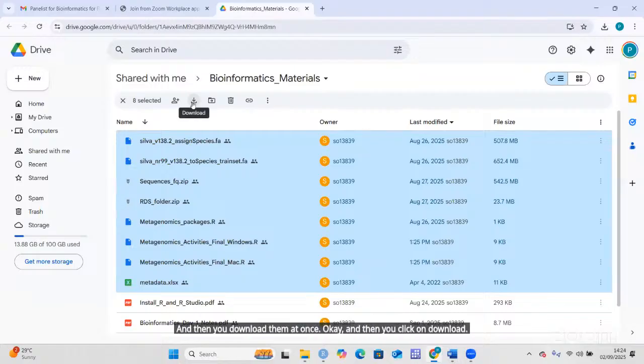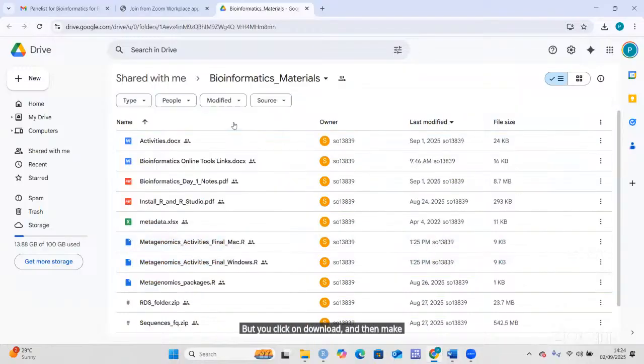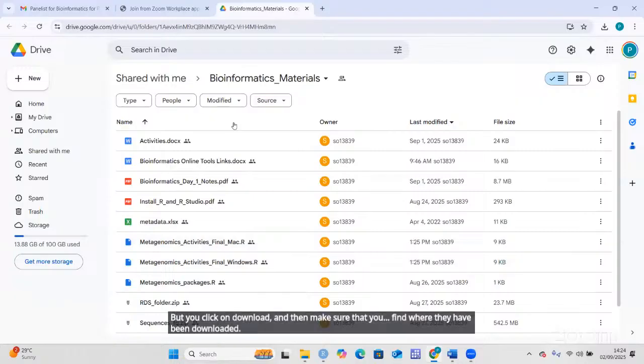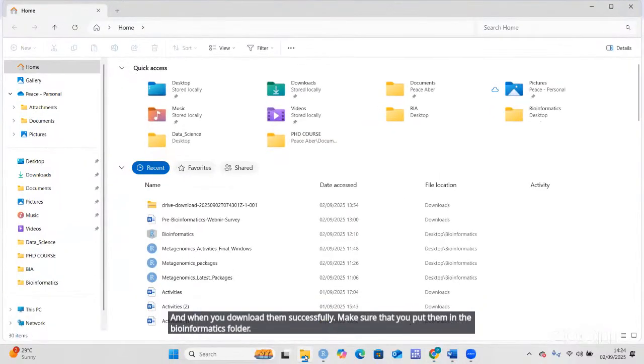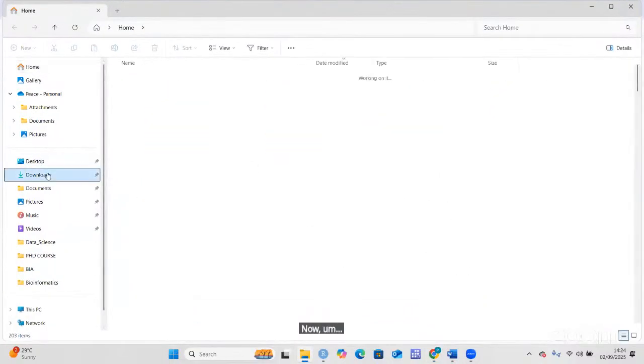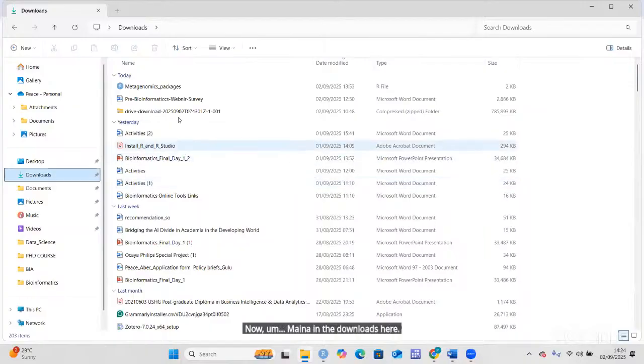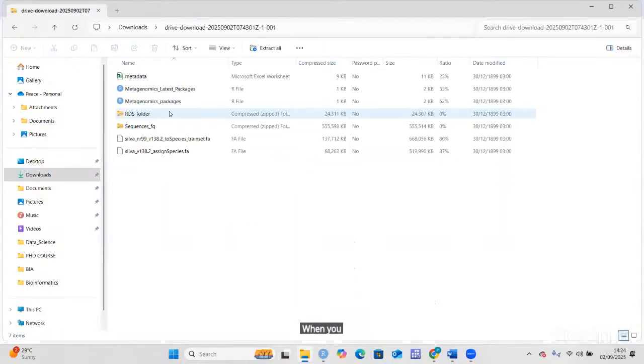Now I already have them, so I'm not going to click on download, but you click on download and then make sure that you find where they have been downloaded. And when you download them successfully, make sure that you put them in the bioinformatics folder. Now, mine are in the downloads here. When you open the downloads